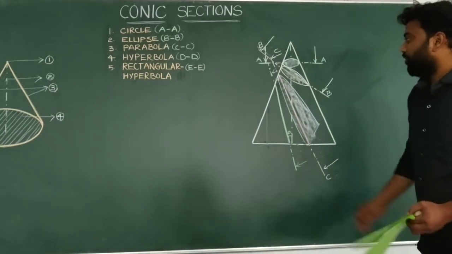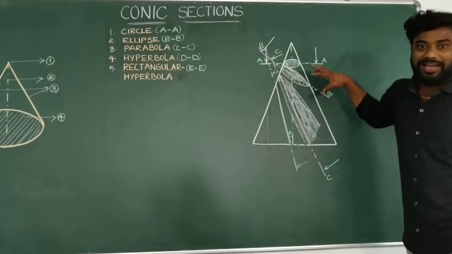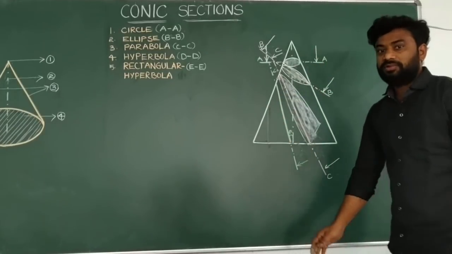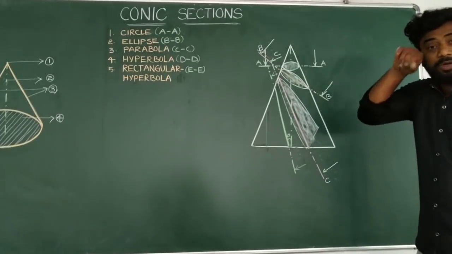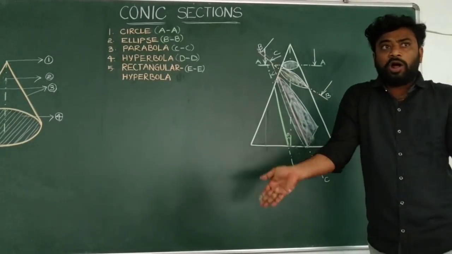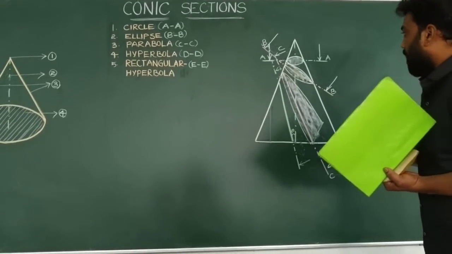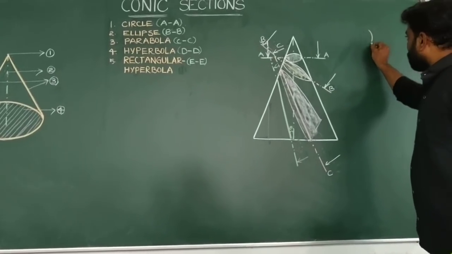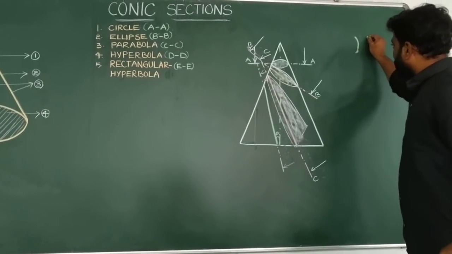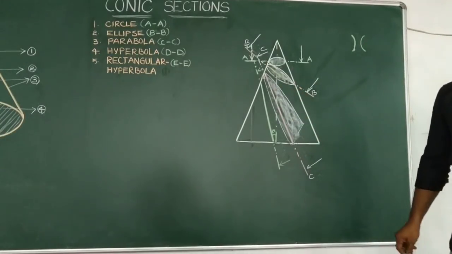Here I am not showing that hyperbola shape in this diagram, because if we show that one, the diagram becomes clumsy. So similar to the parabola, we will be getting hyperbola, but here it is having some broad curve. That's it. And some of you people may have the doubt. Here hyperbola means we will be getting the curve in this way, but here we are having only one curve.